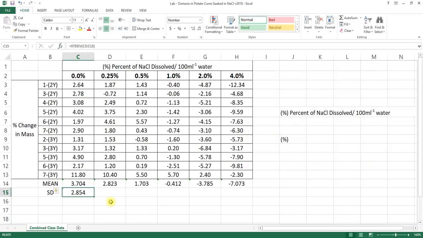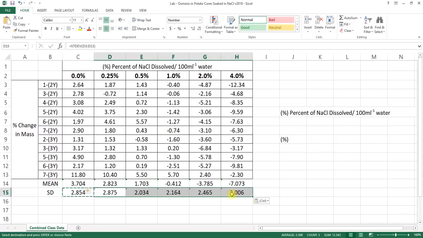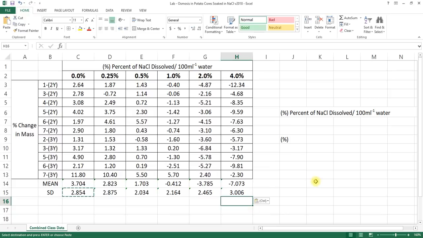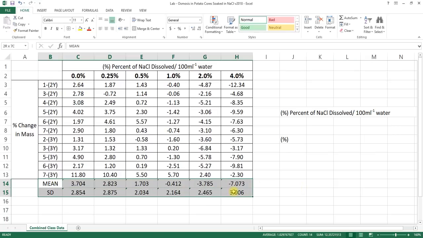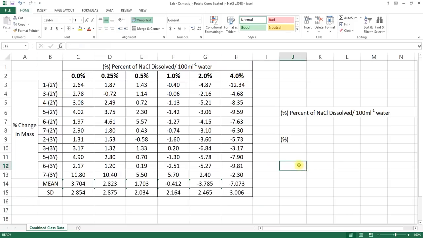Okay, and once you're done with that, go ahead and Control C to copy, and now highlight this and go Control V to paste it. And you can always hit Escape, and that'll get rid of any annoying boxes off to the side. So now that we have that, we also want to put a box around these two, so go highlight these and go back to our border. If we look at it, our table looks really nice,